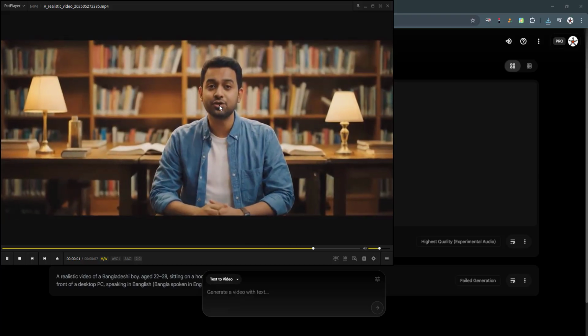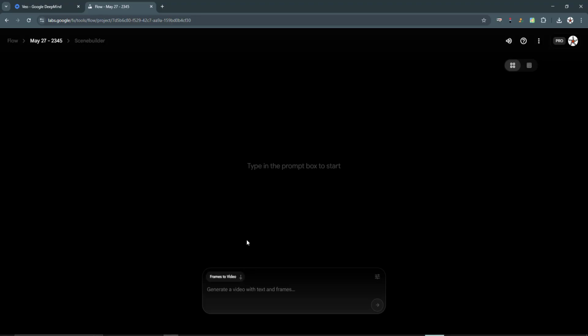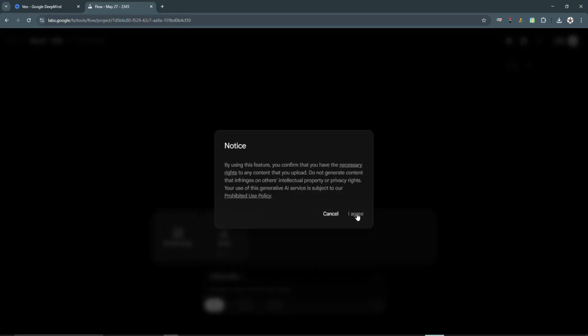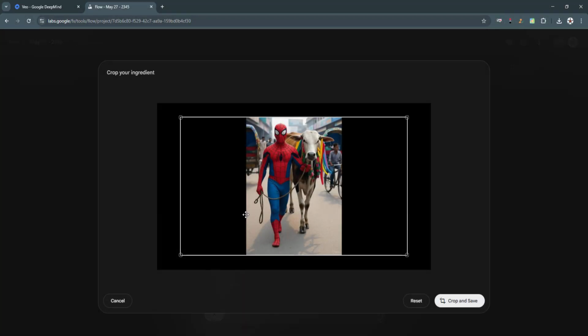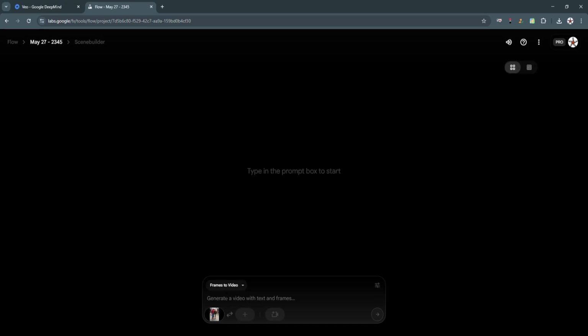Now we can use another option from here. We can add any photo of ours, and we can use it to make a video as well. Now I have generated an image of Spider-Man walking with a cow in the street, and here I will write a prompt